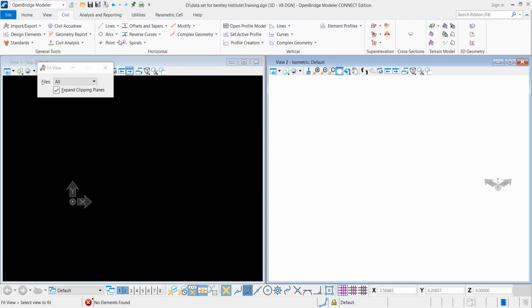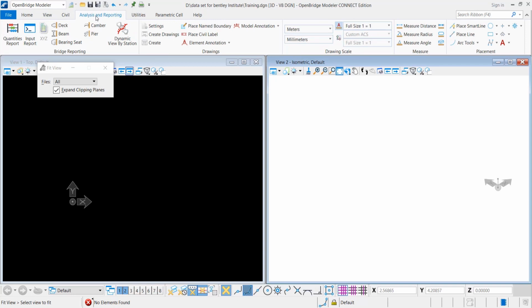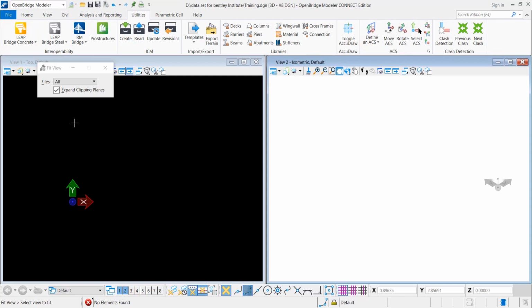And now we will go to the analysis and reporting tab. Once you are creating your 3D model, you can use these different tools to generate different kinds of reports. You can see quantities reports available. Then these are certain elevation reports. Then you can create the drawings from here. You can set up your sheet. You can set up the scale. So these are the tool sets for your drawings. And then if you go to the utilities tab, here basically we do the interoperability with our analytical tool.